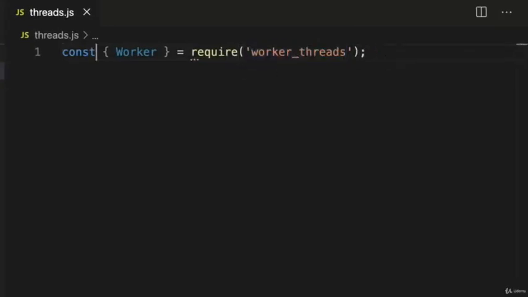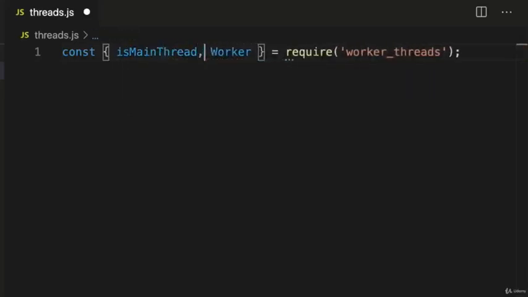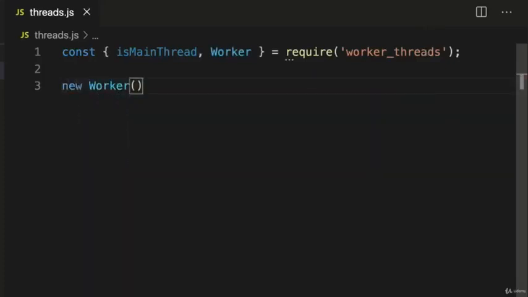And similarly to what the cluster module allowed us to do, we can check if we're currently in the main thread or in a worker thread by using this isMainThread value that's also made available in our worker threads module. We can combine these two features to create new worker threads by calling new on our Worker constructor. The Worker constructor takes a parameter, a string, that points to some file that contains JavaScript code to be